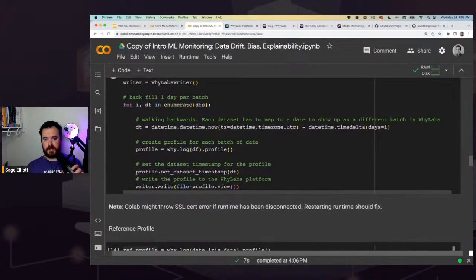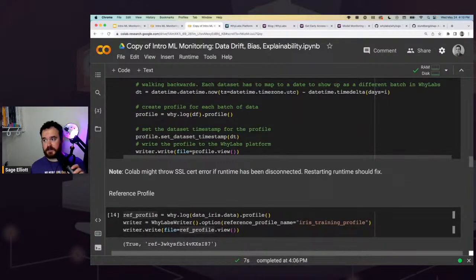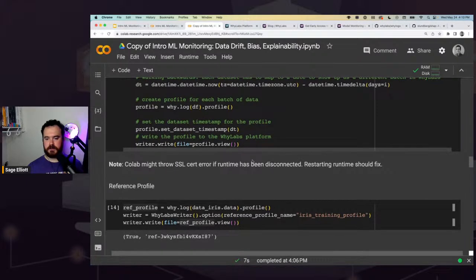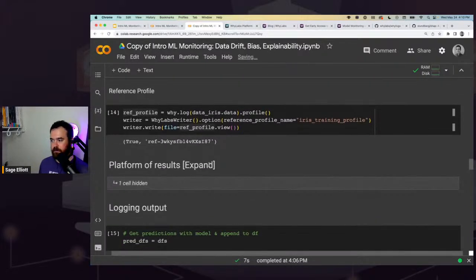And those should be the common issues. Occasionally, there is also a Colab issue if it's been running for a while and you weren't interacting with it and it kind of went to sleep, and you try to push profiles up to WhyLabs, you might get some sort of SSL cert error as well when you're trying to push data out of it. So it could be one of those things probably, but I don't see another comment from anyone else. If they still had an error, they might have dropped off as well.